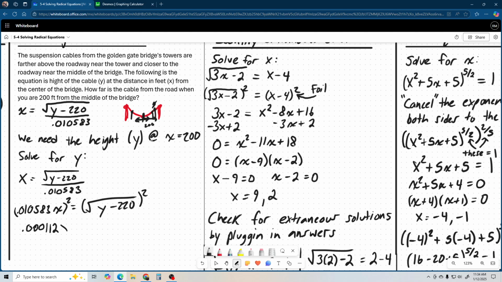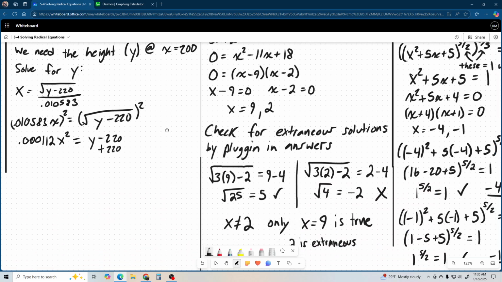And then of course x squared is just x squared, right? That's not too challenging. All right. So this is of course going to equal, we did all of this to get rid of this radical, right? So this is just going to equal y minus 220. And now to solve for y, we're just going to add 220 to both sides, right? So our final equation, if we solve for y, is